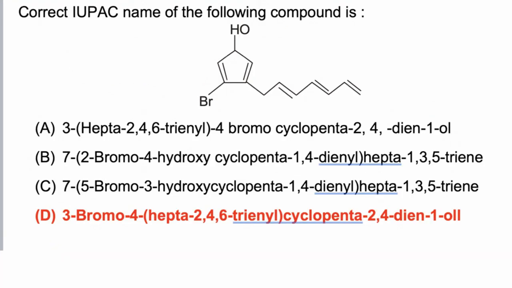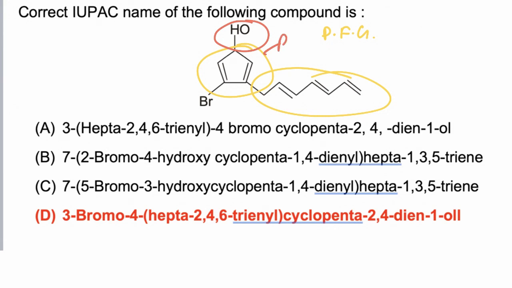In this molecule, both open part and ring are present. But first we have to select the principal part. According to priority order, the principal part is selected which is having the principal functional group. Now the principal functional group is OH, which is present in the ring. So ring is the principal chain and now this open chain is a substituent. So first carbon is given to that carbon to which the principal functional group is attached. So this is the first carbon.